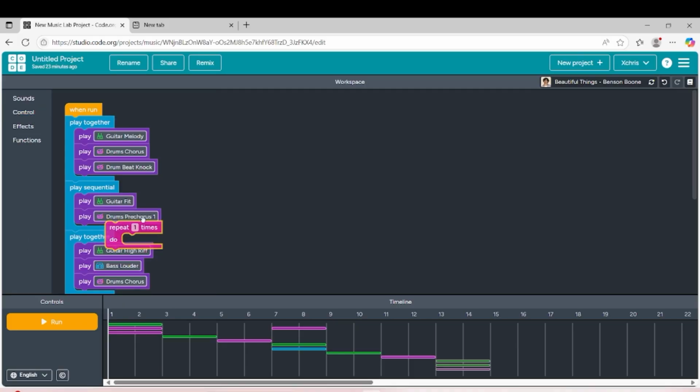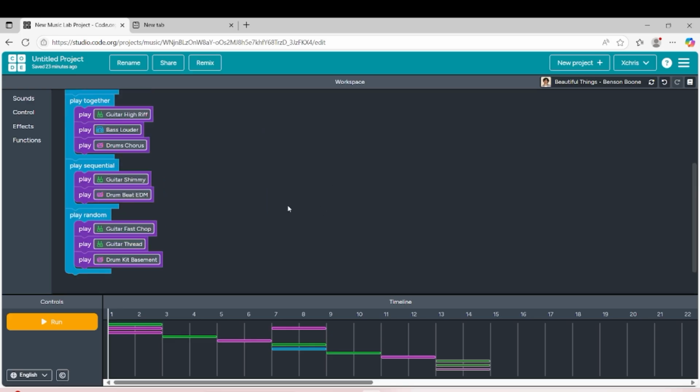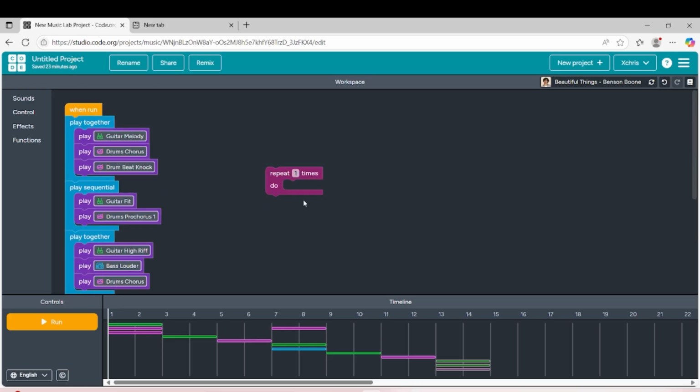Repeat function. This is used when we choose some music to repeat when we play the song or the tune.